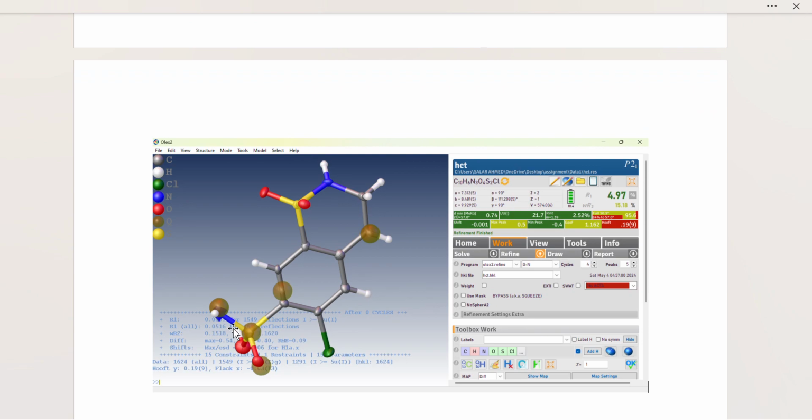We will refine the structure using SHELXL. If the atom assignment is not right, then the bond will break and the R value will be more. In step 6 there is a least squares cycle which minimizes the F observed minus F calculated, then we keep refining the structure.